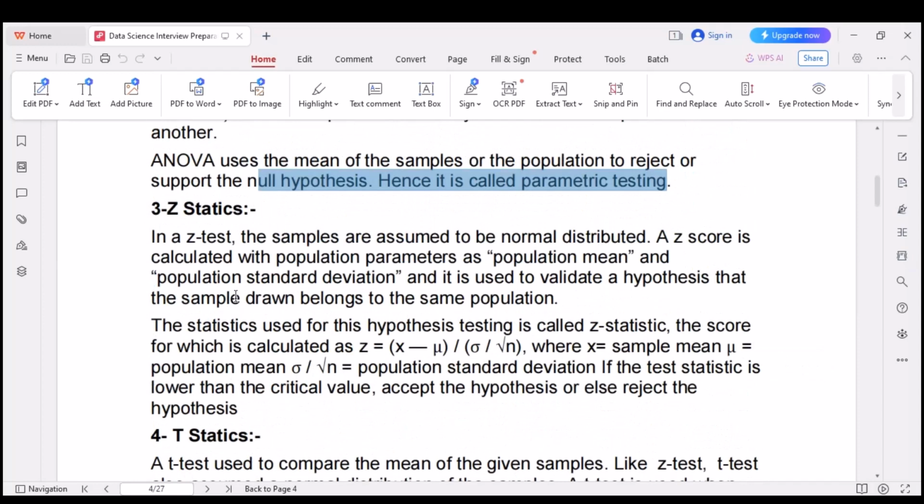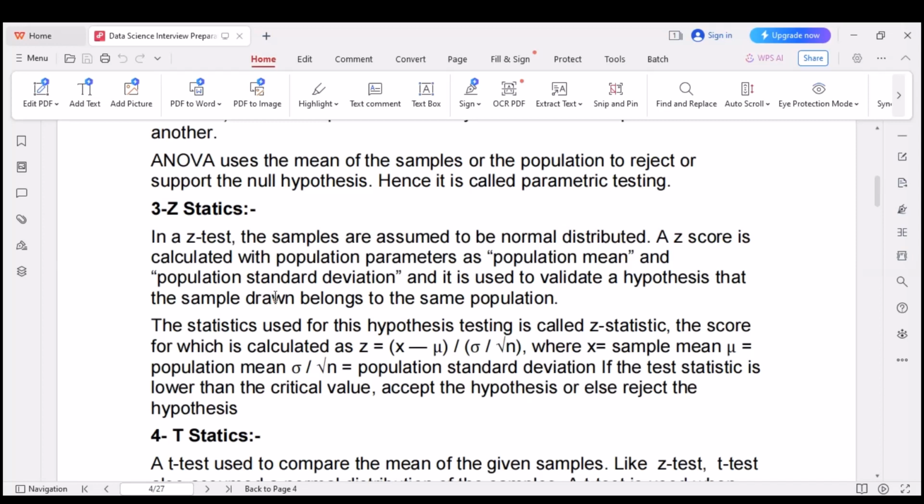parametric testing. Okay, the z-test is also there, which is assumed to be normally distributed. The z-score uses the population parameters, population mean and population standard deviation, to validate the hypothesis that the sample drawn belongs to the same population. The statistic used for this hypothesis testing